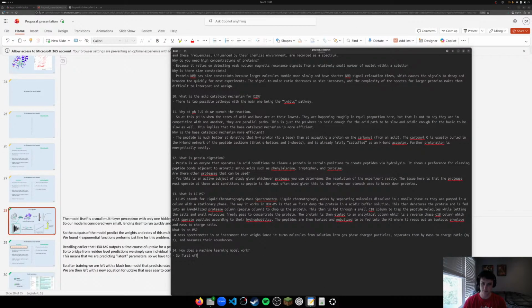So first off, our task is one of regression, and we will use supervised learning. Supervised learning takes inputs and maps and constructs a